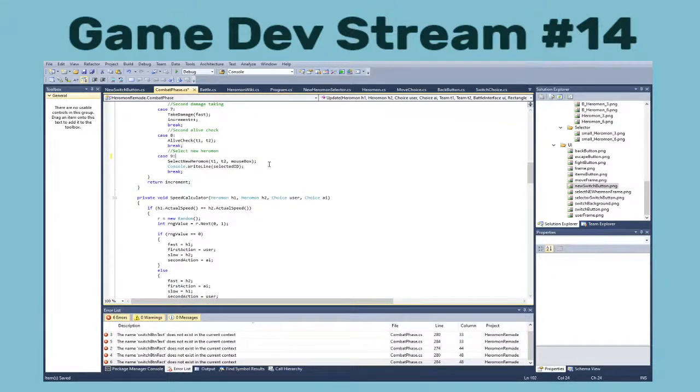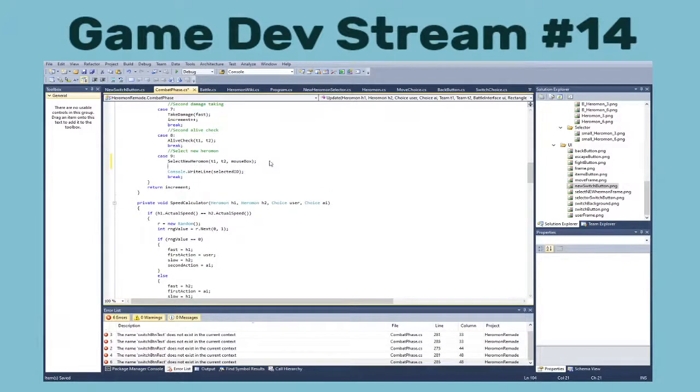I think afterwards. New switch button dot update, and we need selected ID, we need mouse box, and we need, geez, we need H and select list at select, but this is only